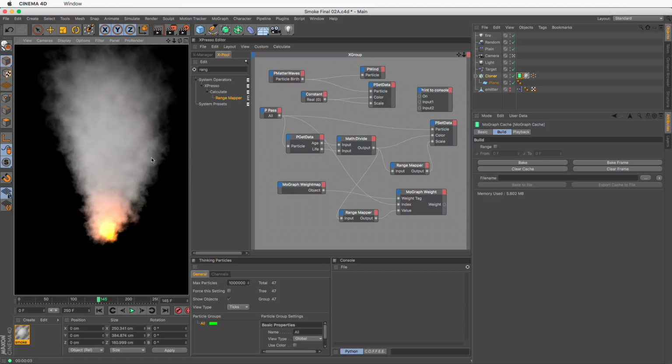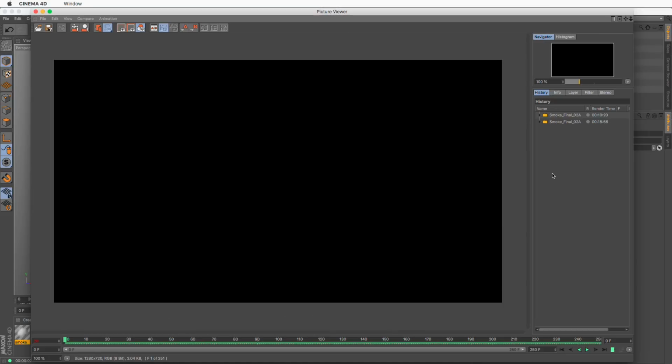And I'm going to render this scene, which I'm going to provide to you for experimentation and so forth. The only thing I'm not going to include is the caching itself, because it makes the file a bit bigger. It's 5 megabytes currently. So let me render this on my render farm, and I'll get back to you after that. And with the magic of editing, we're back to see the final render. It took a few minutes, I think 5 minutes to finish.